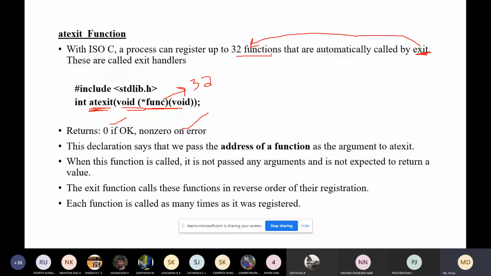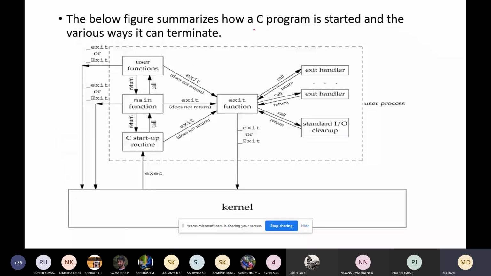This is a diagram that summarizes how a C program starts and the various ways to terminate the program. Here you can see we have a kernel, which is the core of the operating system. We have the exit function to terminate the execution of the program.